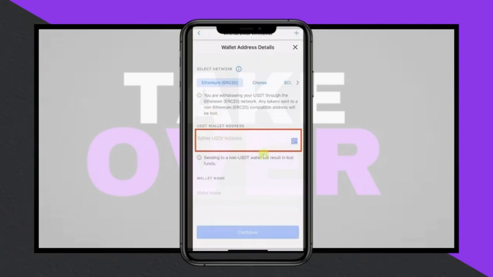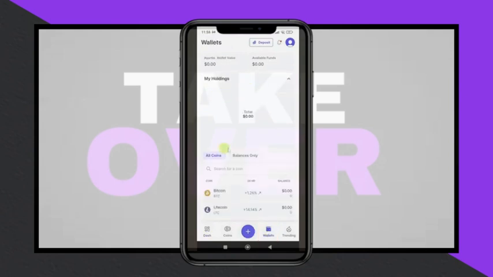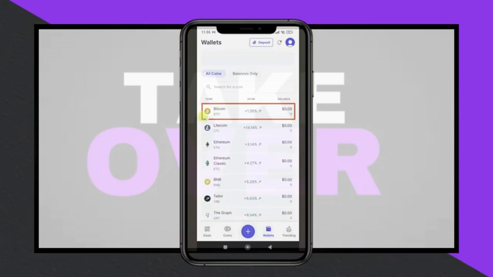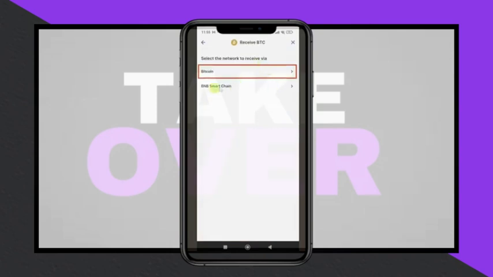So open the Coinspot app, select the Wallet option, and find the cryptocurrency you want to receive. Using the search bar if needed, click on the Receive button. Select the correct network, ensuring it matches the one selected in Crypto.com, and click on the Generated Deposit Address to